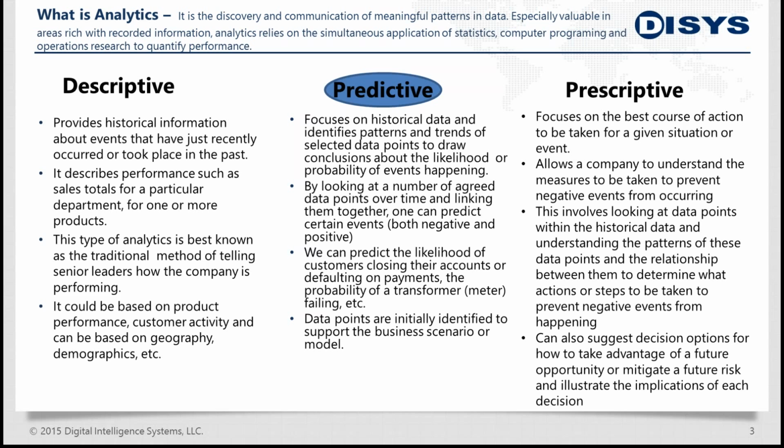So analytics is broad in the sense that it covers three key areas: descriptive, predictive, and prescriptive. The descriptive analytics is essentially what I just described. It's really looking at your data and understanding what took place, the performance, what took place in the past, last month, last week, yesterday. And you derive that understanding by aligning appropriate data points in such a way. Those data points can be your products, your customers, your geographies, demographics, whatever the appropriate data points. Appropriately linking those data points to understand what transpired over the last month, last week, last quarter, last year. That is still the core